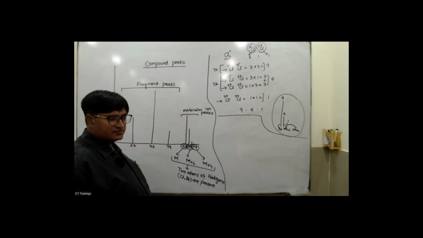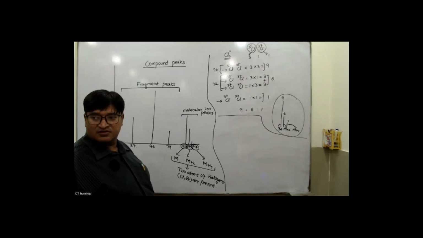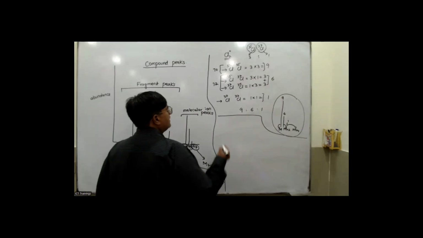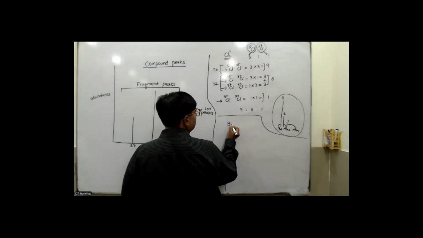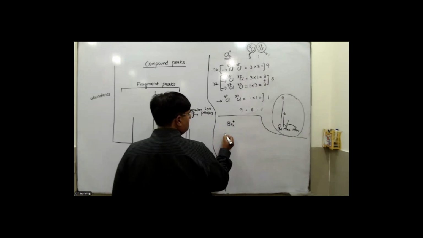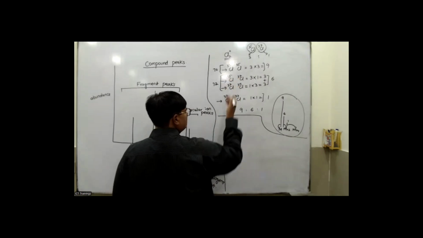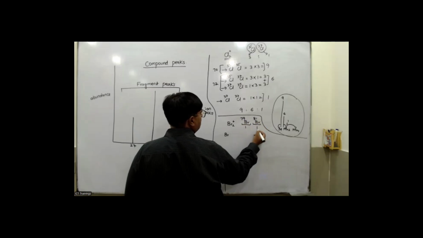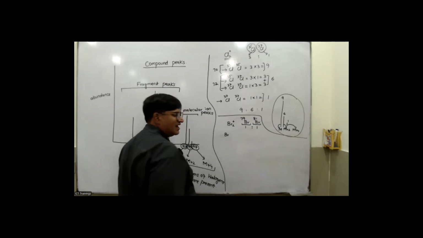Yes, sir. So the ratio of the abundance. Okay, now if you got the 2 bromine atoms, guys, the same method would be used. You know that bromine has got the 2 isotopes, 79 and 81, and the abundance of this one is 1, and abundance of this one is 1. So 1:1,